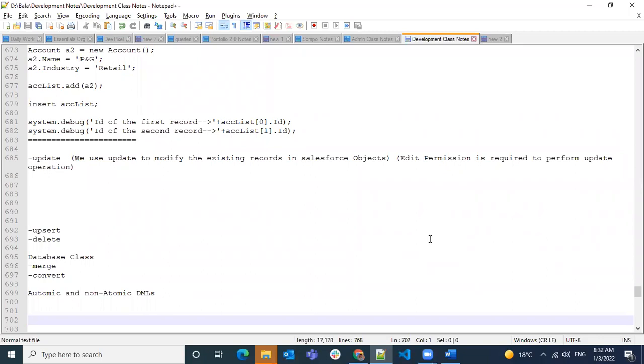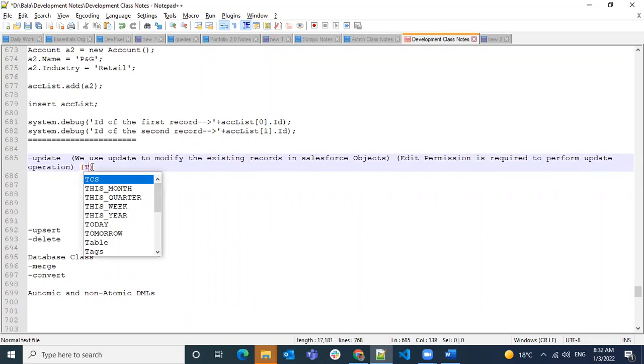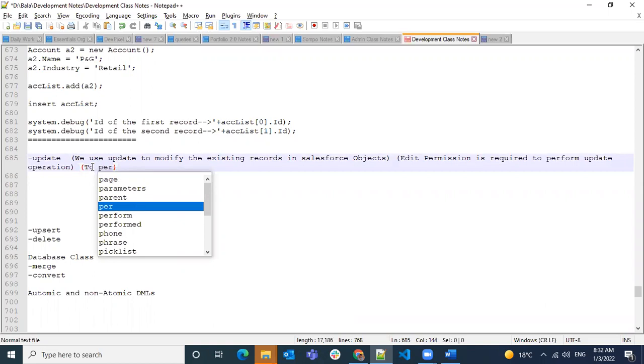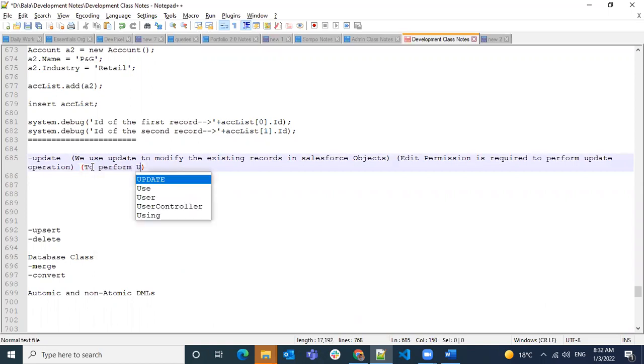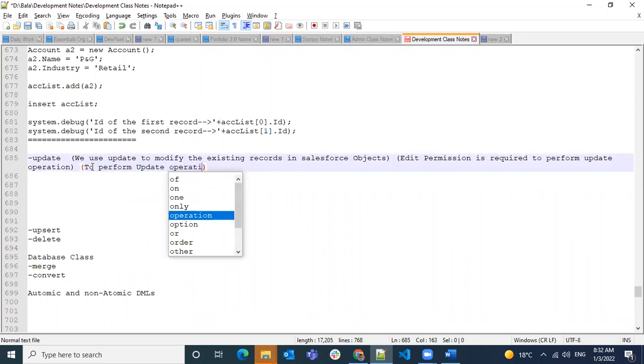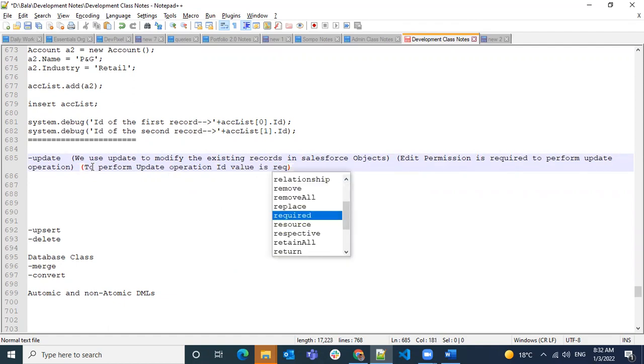Okay, so to perform the update operation, it is mandatory that you should have an ID value assigned to it. To perform an update operation, an ID value is required.